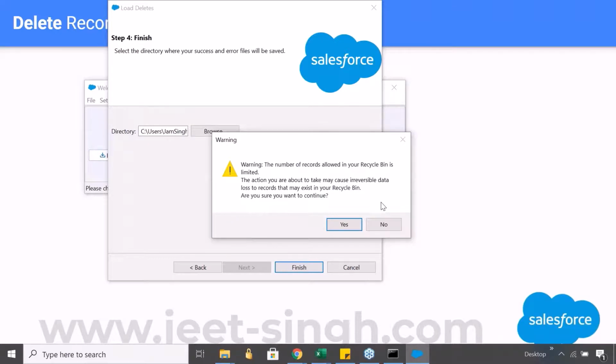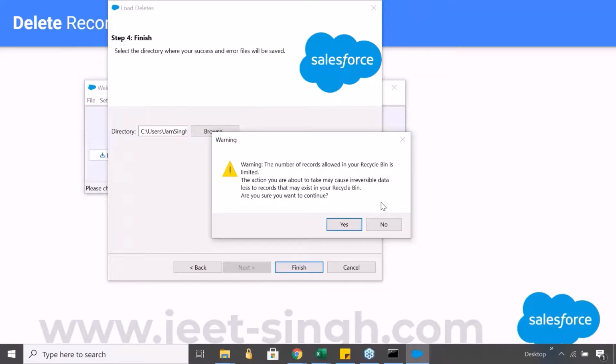You should be in a position where you are able to restore the deleted records. It's better that before you perform a delete operation, you check if there are records in the recycle bin which need to be restored or those need to be cleared off. Okay, because deleting these records may permanently delete some of the records from the recycle bin which are already sitting in the recycle bin, right? So we have to be careful about certain things.